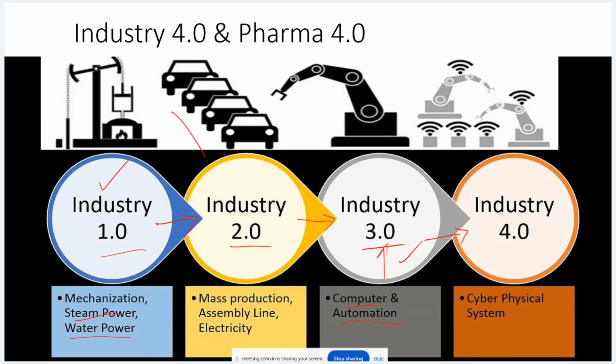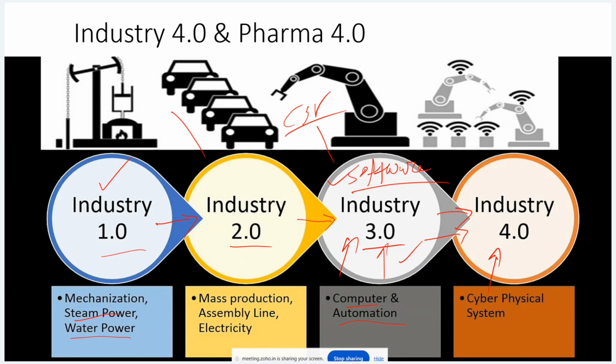But when you introduce automation, definitely we are using software, because software is how we automate things. And that software, that computerized system, has to be validated. And here CSV comes into the picture. And we are here only, and we are moving toward industry 4.0. Some of the technology we have already adopted, some of the new technology we are trying to adopt, which is related to industry 4.0. That means you can understand the future. There are a lot of vacancies here itself. What will be the future? We are going toward more digitalization, more automation.